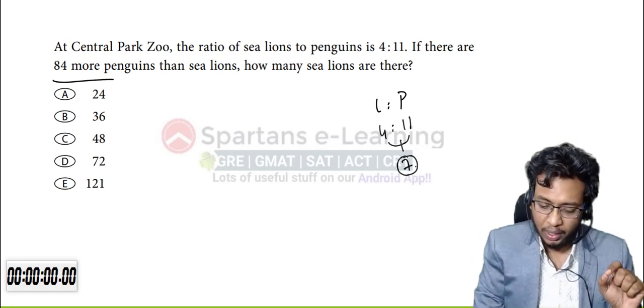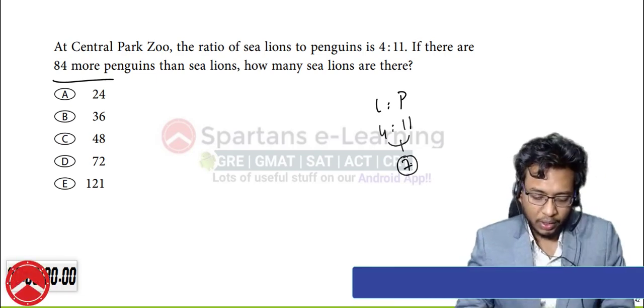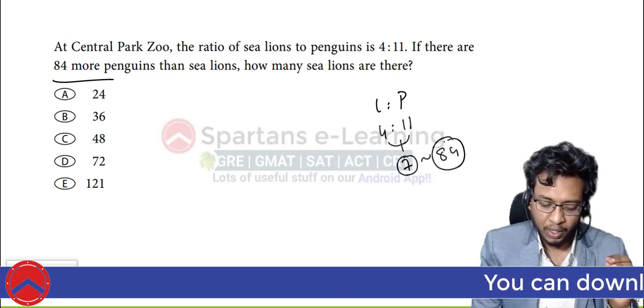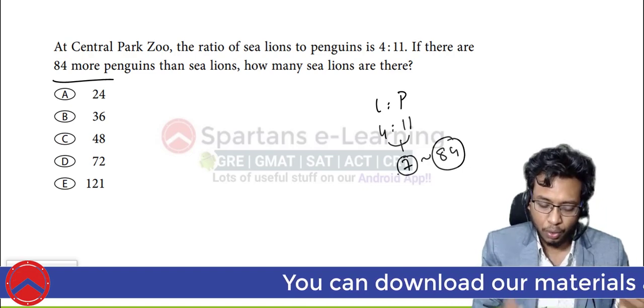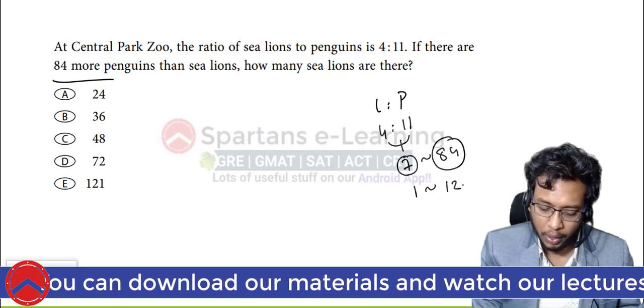That means he said 7, as I told you, I keep stressing this, ratio is different from values. So this ratio he gave is equivalent to 84 values. This is the actual value. That means this 84 is the actual number. This 7 is ratio. So when you convert into ratio terms, one ratio will be equal to 12 value.